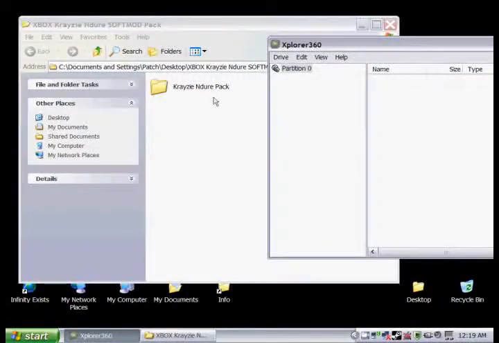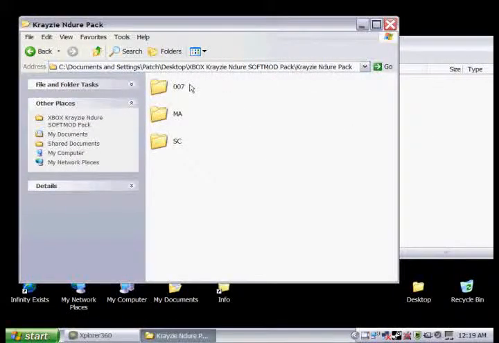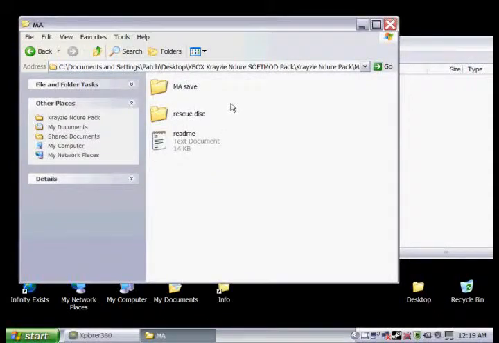If you open up the file that you downloaded, you'll see that there are 3 different subfolders, one for 007, one for MechAssault, one for Splinter Cell. Since we're using MechAssault, we're going to go to the MechAssault folder. And just go to the MA save,